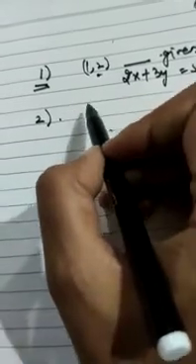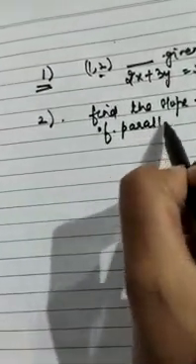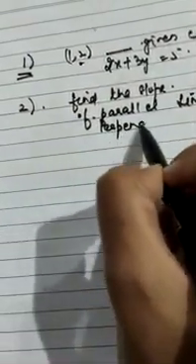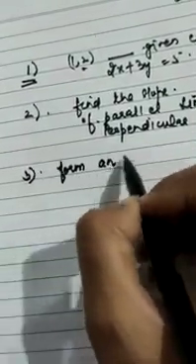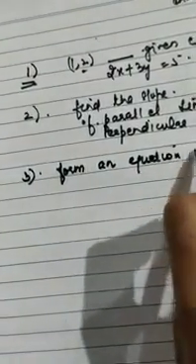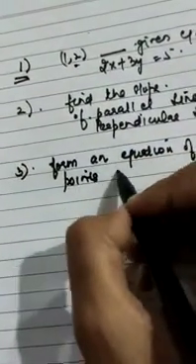In the second exercise we have solved the sums related to finding the slope of parallel lines or perpendicular lines, right? In the third exercise we have solved to form an equation of a line when we are given points and slope,